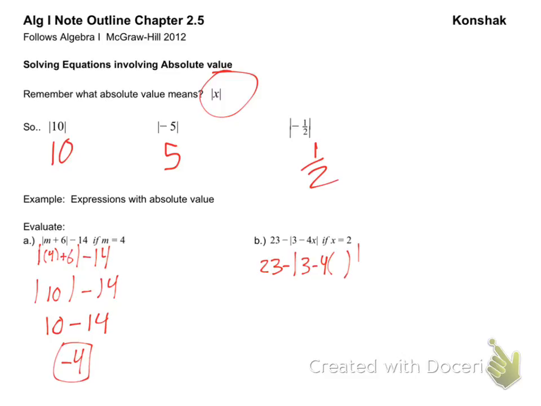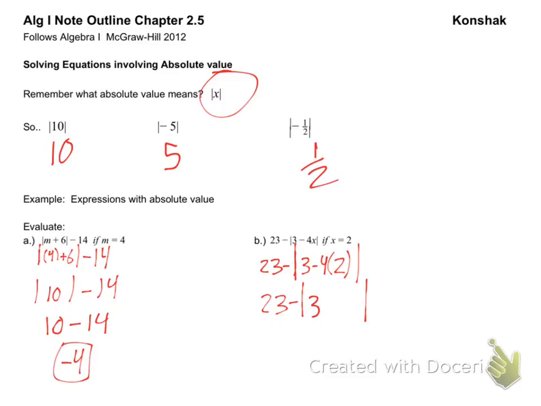But in this case, x is equal to 2. Notice I use parentheses again. What's the order of operations now? Do I do anything with the 23? Am I going to change the absolute value? Can I just take the absolute value of that whole thing? Not yet. Not yet. 3? 3 okay still? Yeah. Because order of operations says that I need to do 4 times 2 and not 3